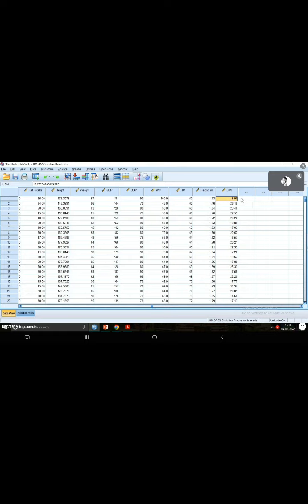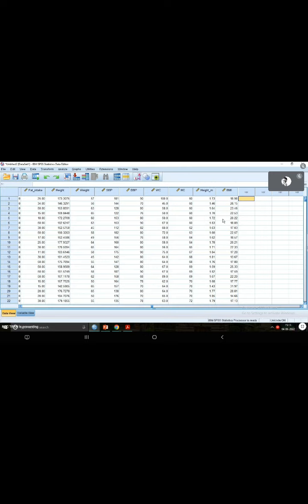There is an option called recoding in SPSS where, based on a quantitative variable, you can categorize it and create a new variable. Understood what I'm trying to say? You have a BMI variable here. Now you want to find out who are the ones who are underweight, normal, overweight, or obese. You're basically categorizing a quantitative variable. So we will see how to do that. That's the last part, and I'm going to quickly finish that.